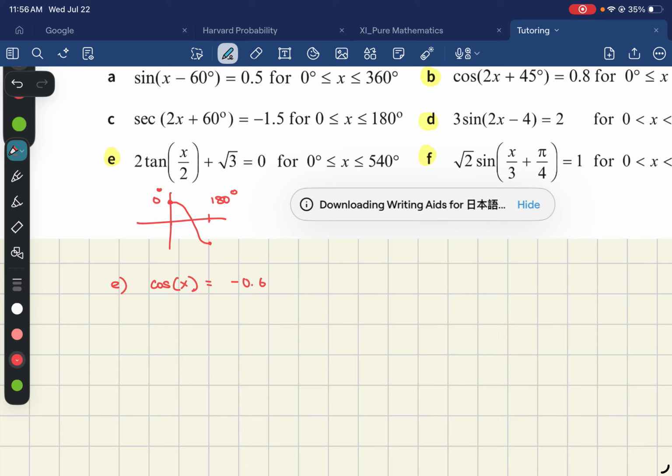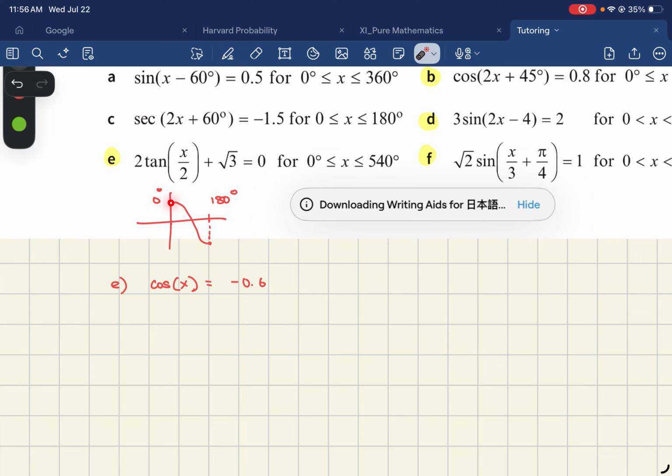180 degrees, where it starts from positive 1 and goes to negative 1. So this is where your cosine inverse is defined. If you restrict your domain like this, then cosine inverse is defined. So if you have a negative output here, which is going to be on the negative